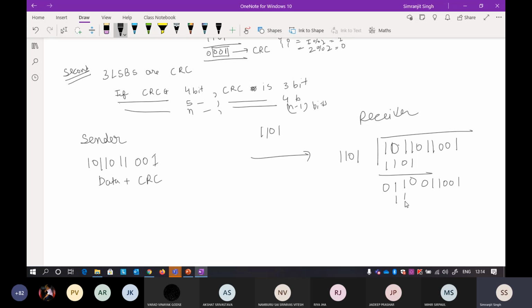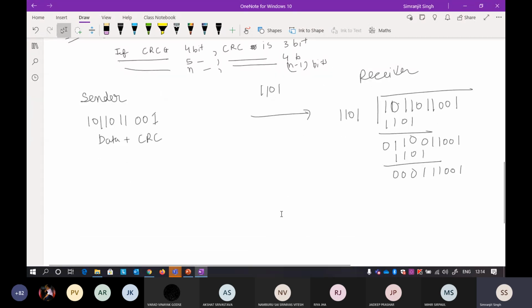Now it will be 1 1 0 1 here again. Different 1, same 0, same 0, same 0. So I'll write 1 1 0 0 1. Now again write 1 1 0 1. Here it will be different 1, different 1, same 0, same 0. Now if you figure it out, it will be 1 1 0 1. So this is your remainder, that is 0 0 0 0. At the end, when the receiver gets 0 0 0 0, it will know that what it got is the right answer.